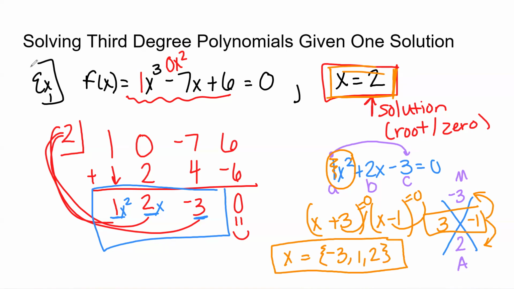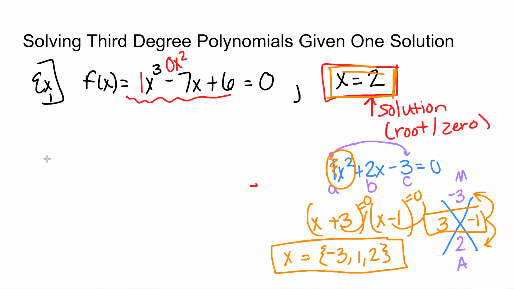This is checkable through your graphing calculator, or if you use the Desmos online calculator. I'm not going to switch over to that, but if you wanted to check it, type this in, and I would not put in the equal 0. I would just do the original function,